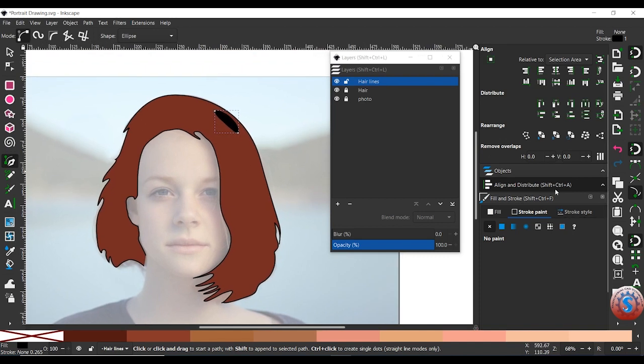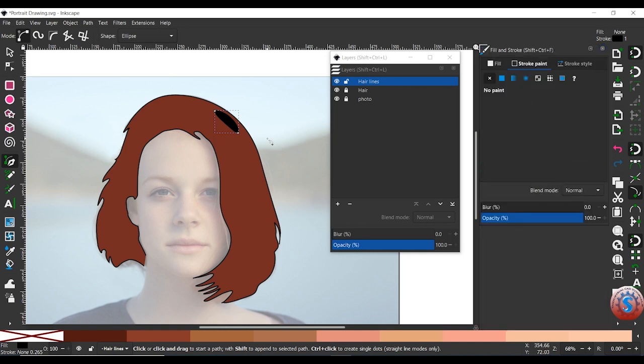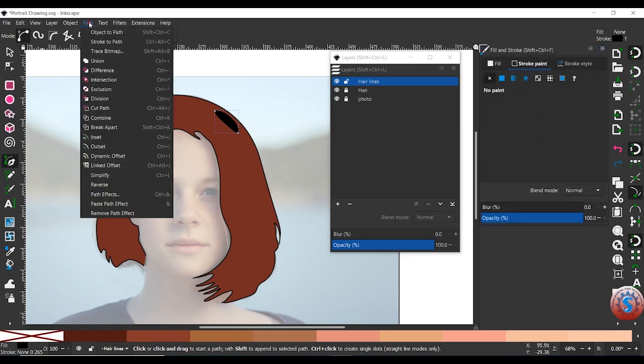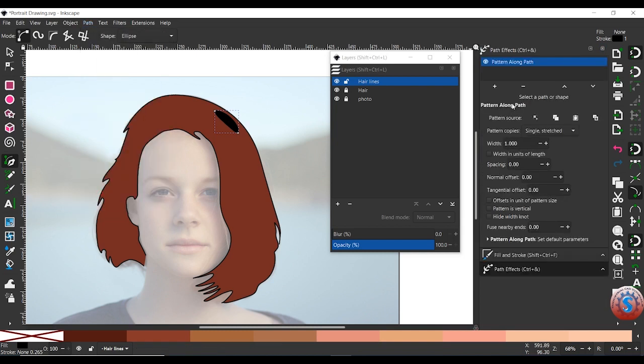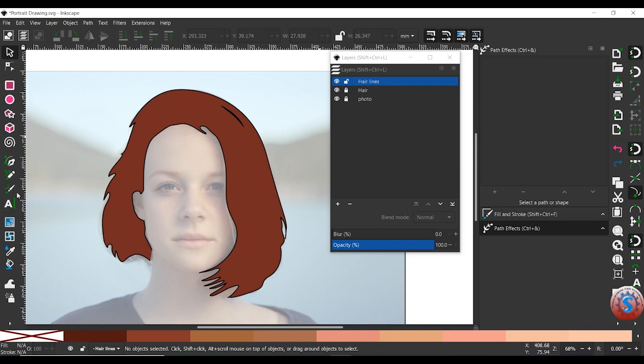And you can observe that this is the align and distribute. I am deleting this, I will explain it later. And go into the path. After creating the ellipse, one of the lines, go into the path effects and path along path. This is created by using the path effect of path along path. The width is 0.2, which is okay to me. Give the width. If you want to give more size, you can increase the size from 0.2.